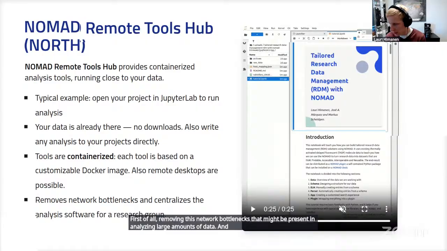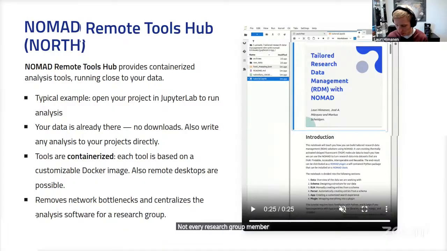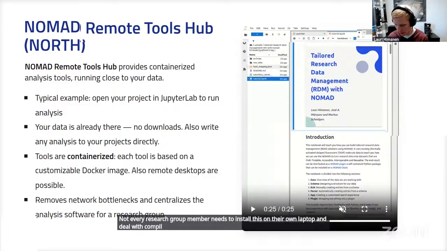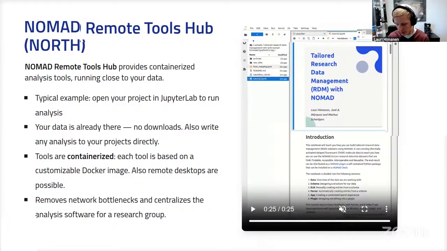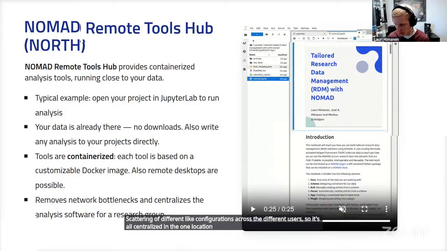And I think another aspect of this is that it really centralizes the analysis software itself into a single unified location so that not every research group member needs to install this on their own laptop and deal with compilation issues and this kind of scattering of different configurations across the different users. So it's all centralized in the one location with a unified config, and this deals with the centralization.